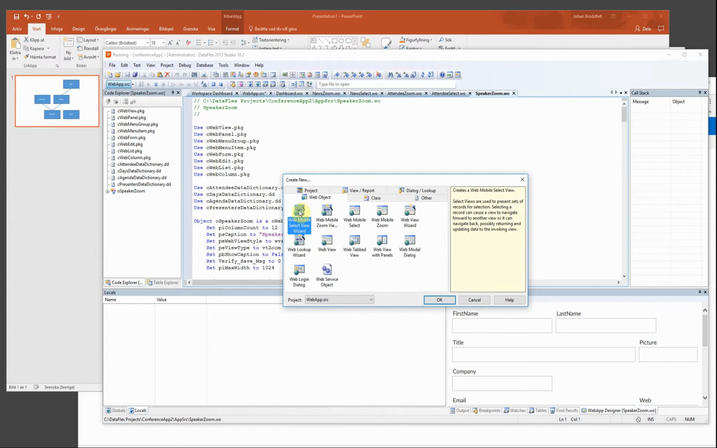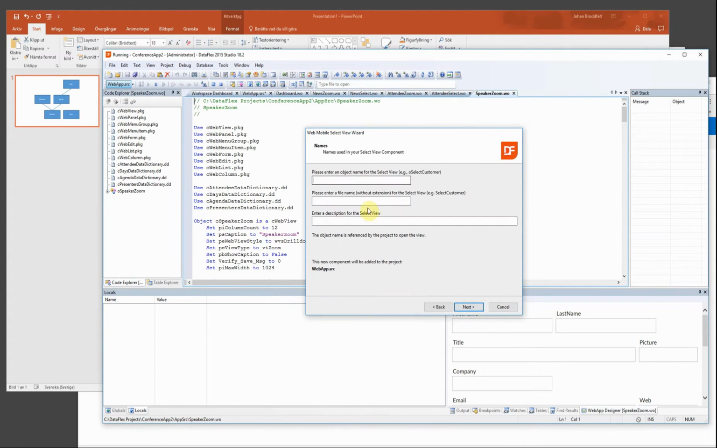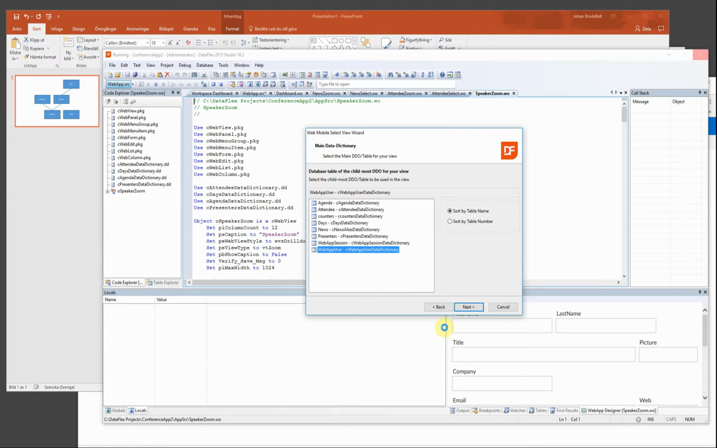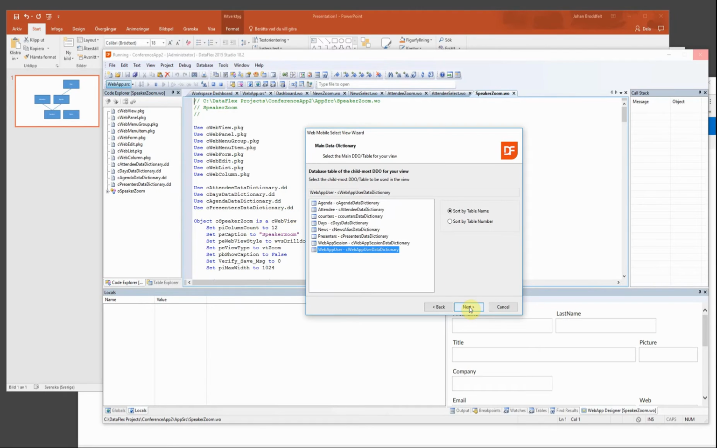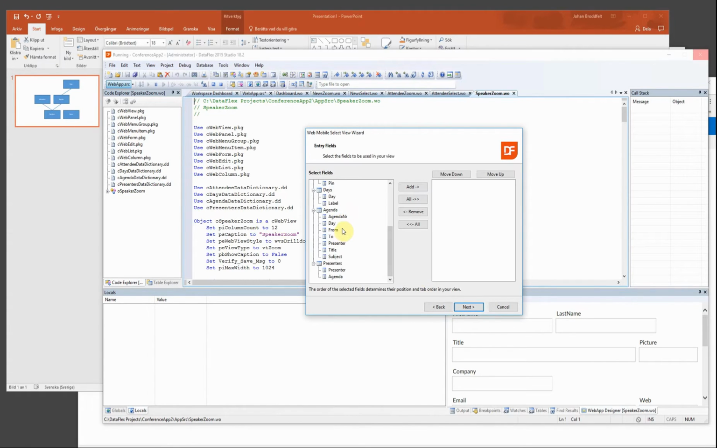And that's a select view. So agenda select. Now we just did speaker, so let's do the speakers select. And the speakers, let's see, are attendees, but the child knows is this one, and it's the first name, last name, title, company, I guess,